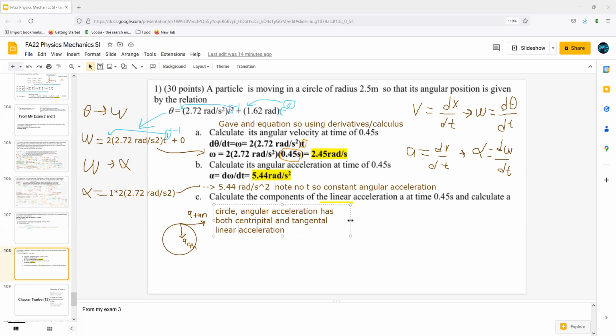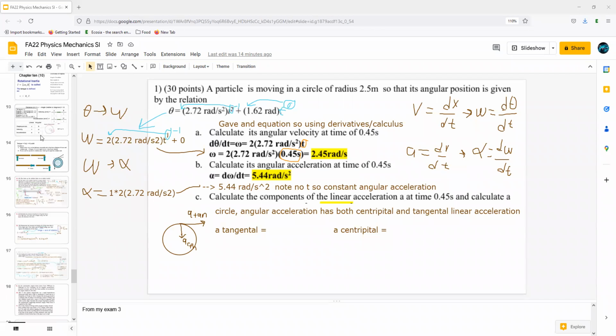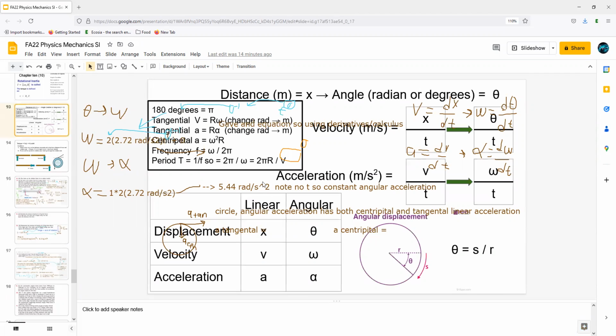Right, because both of these are linear. Cool. Then we need to find the equation for these. And we will do that right now. It was this one. It's a little hard to see, but centripetal acceleration is equal to